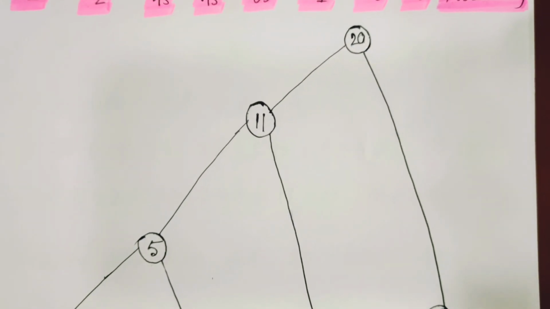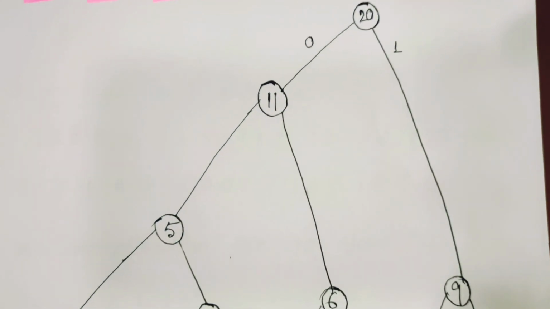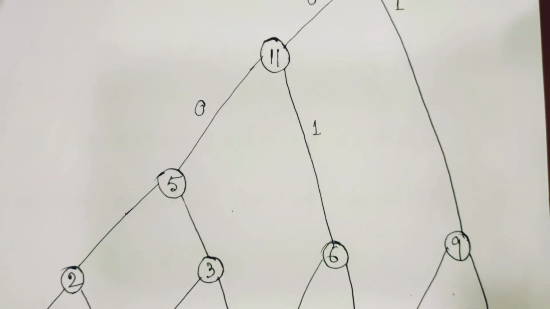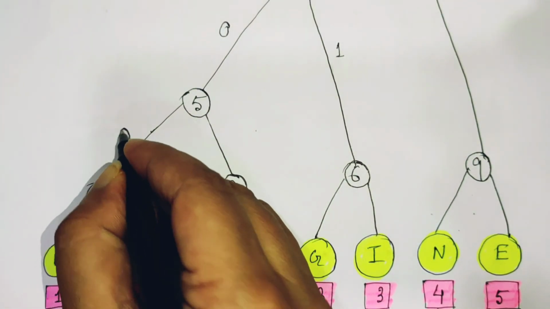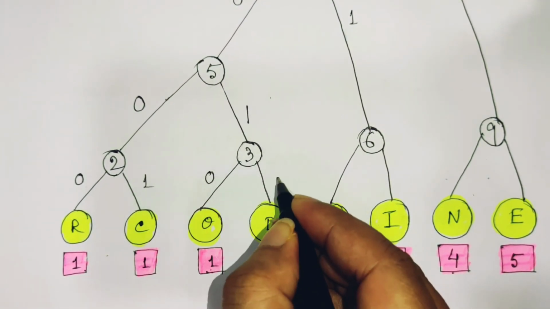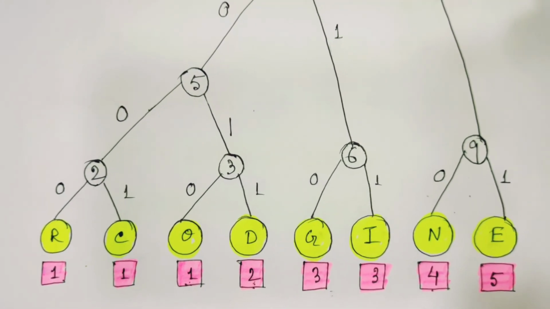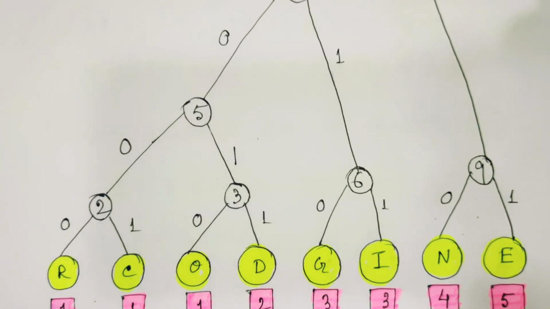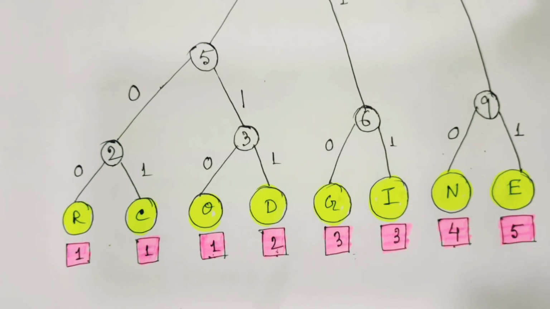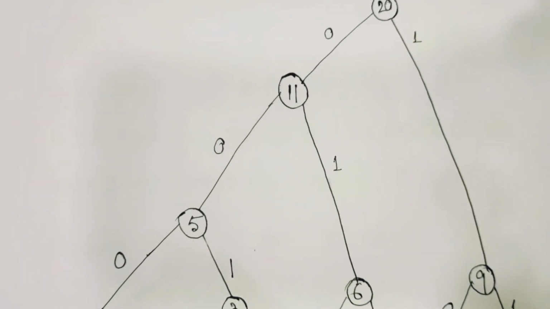Now the binary tree is formed. What we know is, in a binary tree, the left side is 0 and the right side is 1. Accordingly, whatever is on the left side we should put 0, and the right side we should put 1. Similarly here also it is 0 and 1. Then it is 0, 1, 0, 1, 0, 1, and 0 and 1. So we just put the value for each branch. Now what we should find from here is the prefix codes of the variables. So R, its prefix code should be then what? It should be started from here.